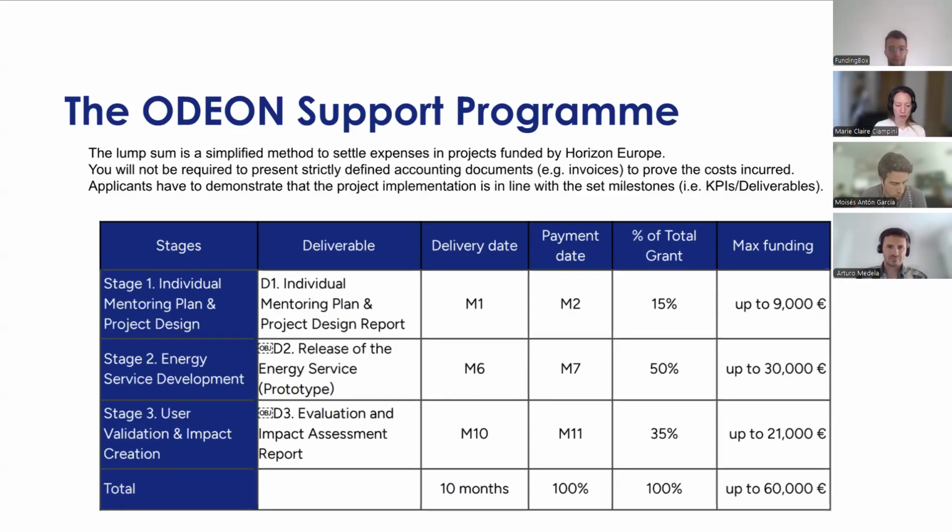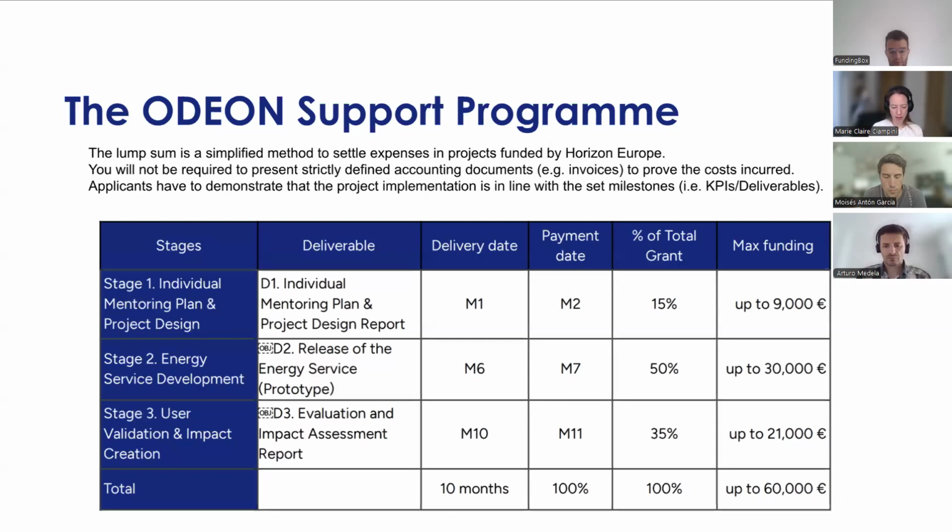And we ask you to deliver deliverables. And we will then, at the deadline date, require you to submit these deliverables. These will then be reviewed by a mentoring committee and approved by a selection committee. And if all goes well with the review, you will be paid the maximum funding for that specific stage. So lump sum means that you get paid upon the delivery and acceptance of your work. There's no need to justify every single expense, but it's based upon the quality and delivery of your work.